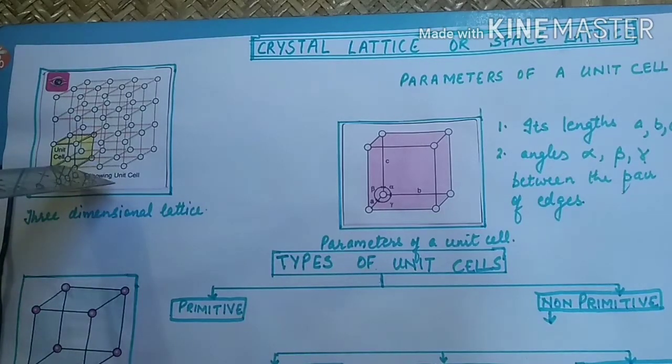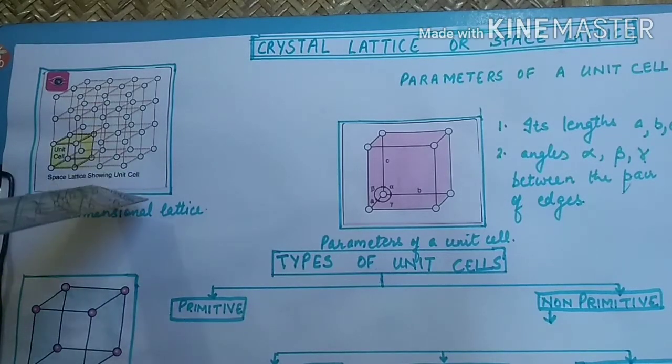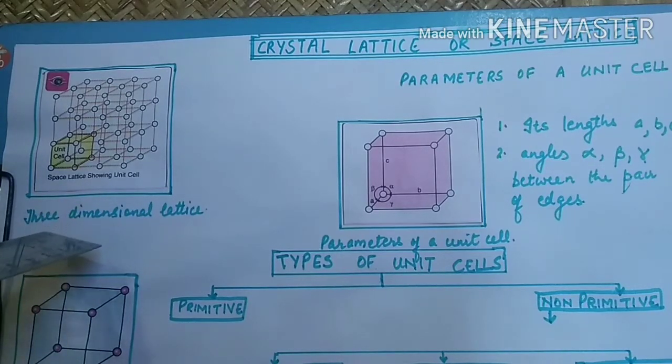Now you can see the small unit cell colored yellow in this crystal lattice, which is repeated again and again, lengthwise, breadthwise and upwards to form the crystal lattice. This small unit is called unit cell. It may be defined as the smallest three-dimensional repeating portion of a space lattice, which when repeated over and again in different directions produces the complete crystal lattice.